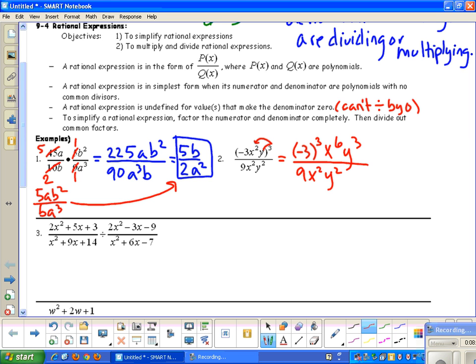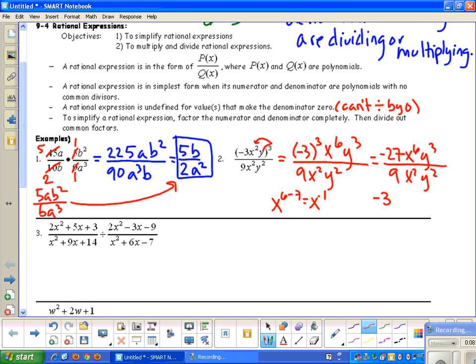Negative 3 to the third power would be negative 27 over 9, and then we have x to the 6th, y to the third, over x squared, y squared. Negative 27 over 9, I know it's going to reduce into negative 3. So we have negative 3. And then we have x to the 6th, I'm doing some work off to the side, minus 7, which gives me x to the negative 1 power, so that means that, or